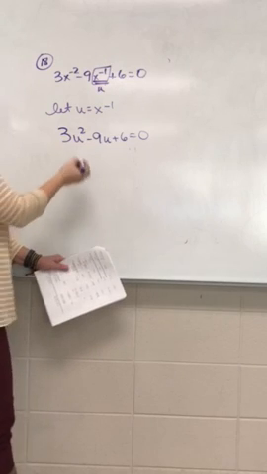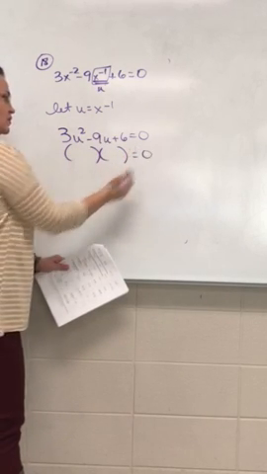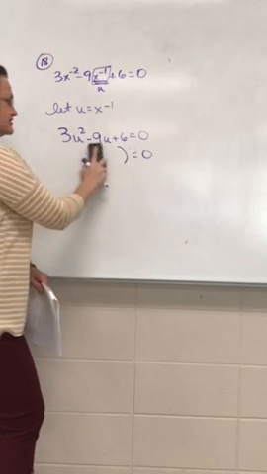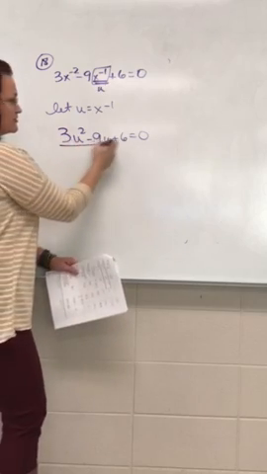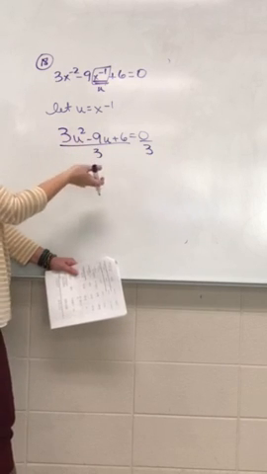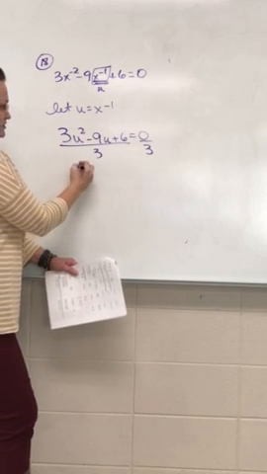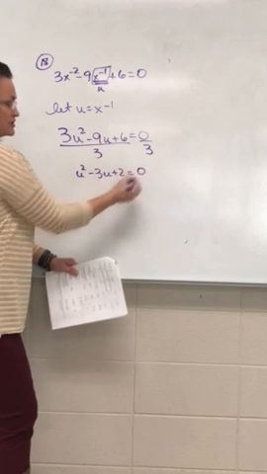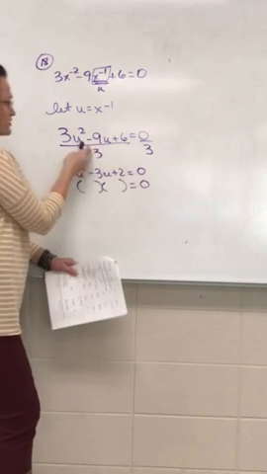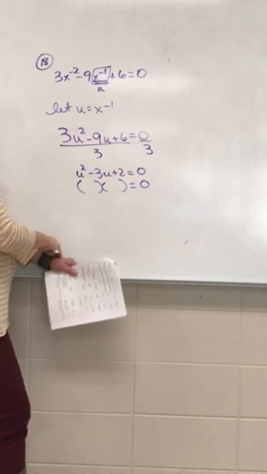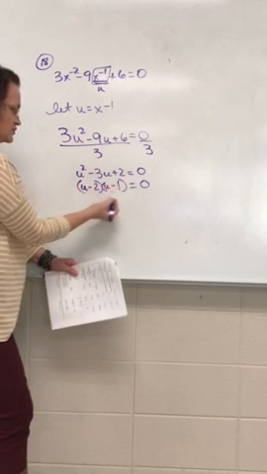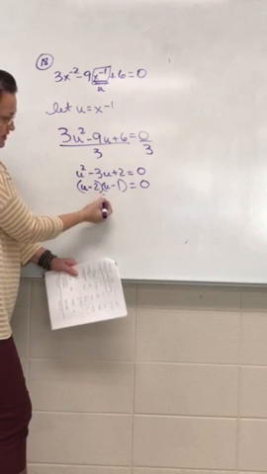Now it is a quadratic, so I solve it by either factoring or using the formula. But you know, I notice I've got a 3, 9, and a 6, so why not divide that thing by 3? Everything's divisible by 3. We're allowed to do that, and it'll make the problem easier. That's optional. You could proceed with the 3s in it, but why not reduce this to an easier, totally equivalent problem? Then factor it. Or I could have just said factor out the 3, if that's another thought you had. But this will factor into U minus 2, U minus 1. The last is positive 2, and the inner, outer